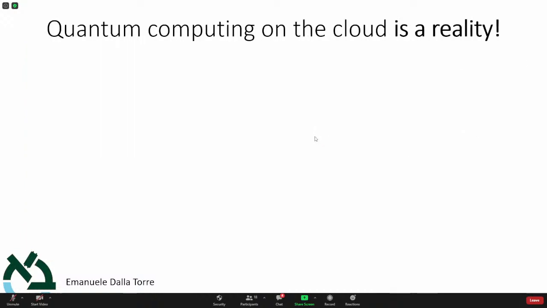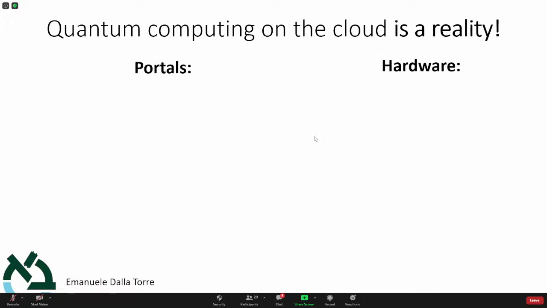Okay, so I think the one thing you all know if you are here in this workshop is that quantum computing is a reality. I was very skeptical about this field, and when I spoke about it 5 years ago, I had the feeling that it was going nowhere. But I think that today we need to acknowledge that quantum computing, and in particular quantum computing on the cloud, meaning being able to connect to a quantum computer remotely, is happening. It is a reality, something that we need to know as physicists.